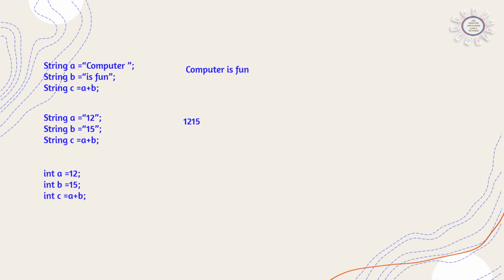Now see this example. Here int a is equal to 12, int b is equal to 15. Two numbers are here. So when we say int c is equal to a plus b, the answer will be 27. The numbers will be added properly and we will get the result. But if the number is in string format, the addition will not be done.